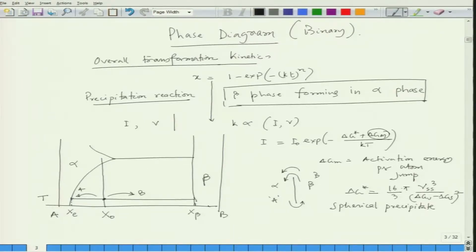And interestingly, here we have a few other terms. One is delta Gs, and this is gamma SS, which is the interfacial energy for the alpha beta interface, and delta Gs is a strain energy